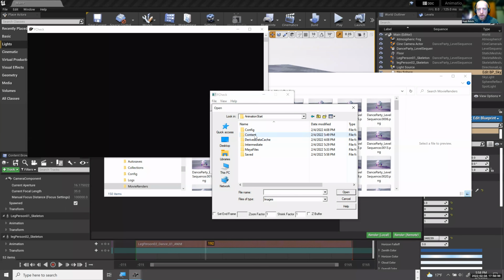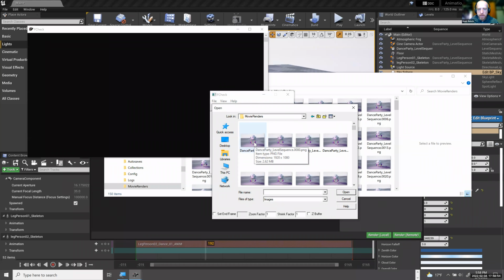And then it was under saved, movie renders. If I select the first one, it should open as an image sequence. Yep, images, and open.